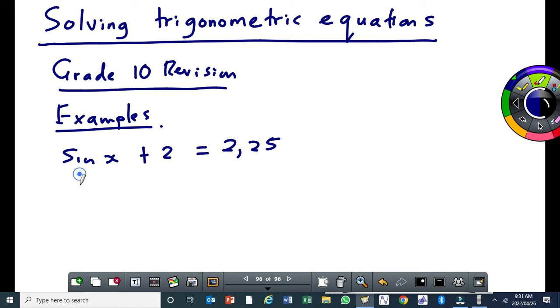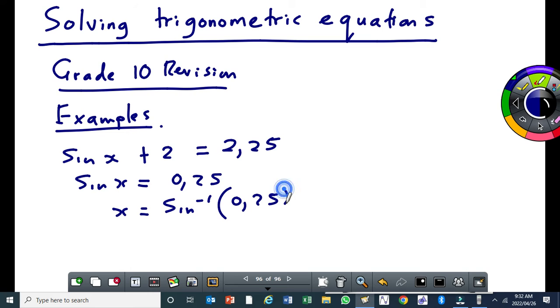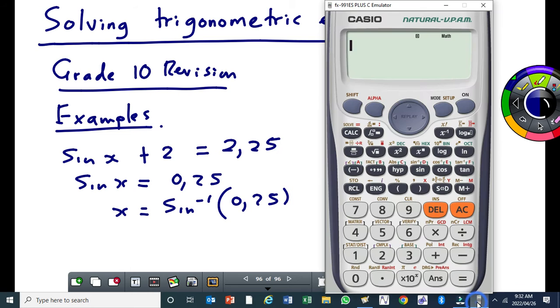So this will become sin x is equal to 0,25. You take the 2 to the right, then you get that. Then you say x is equal to shift sin of 0,25. Then if you take out the calculator, you press shift, then sin of 0,